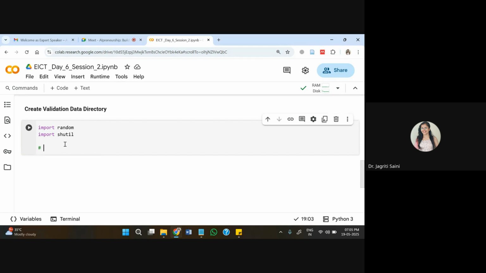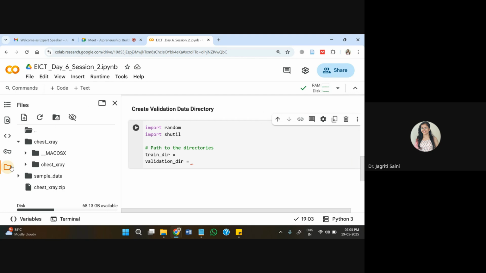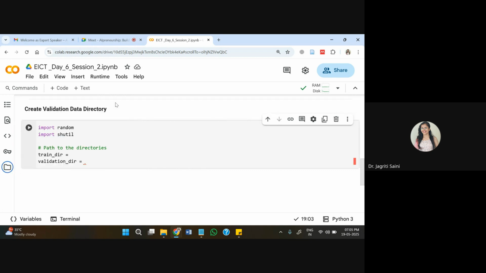After this, I'll pass here the paths to the directories, and for this what we can do is create the validation directory. Observe one thing here. Initially, when I showed you this data set, it contains training and testing files. But now what we need is one more extra thing, that is validation. And that validation repository we generally create by extracting some data from the training data itself. This is the common approach. We do not get new data, rather we extract some data from the training repository itself to create the validation directory.